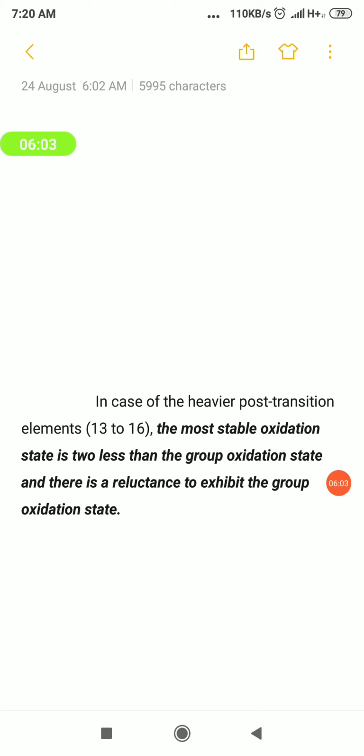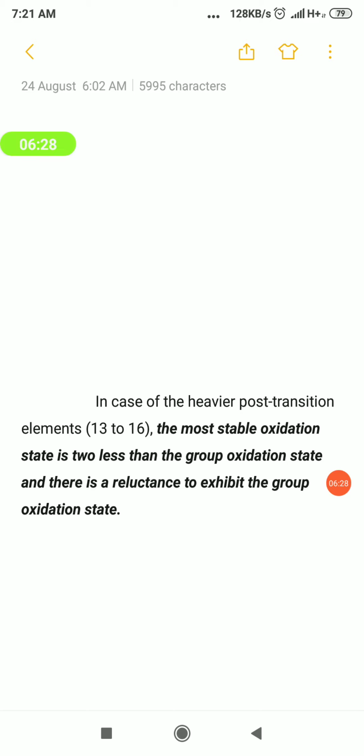இப்போ boron family எடுத்துட்டோம்னா the number of valence electrons வந்து 3, so that their group oxidation state should be +3. அதனுடைய group oxidation state +3 இருக்கணும். பட் அதில் most stable எதுன்னு பார்த்தோம் அப்படின்னா +1. அந்த +3 குரூப் ஆக்சிடேஷன் ஸ்டேட்லேருந்து 2 மைனஸ் பண்ணினா வர்றது தான் மோஸ்ட் ஸ்டேபிள் ஆக்சிடேஷன் ஸ்டேட்டாக இருக்கும். தட் இஸ் கால்ட் அஸ் inert pair effect. The most stable oxidation state is 2